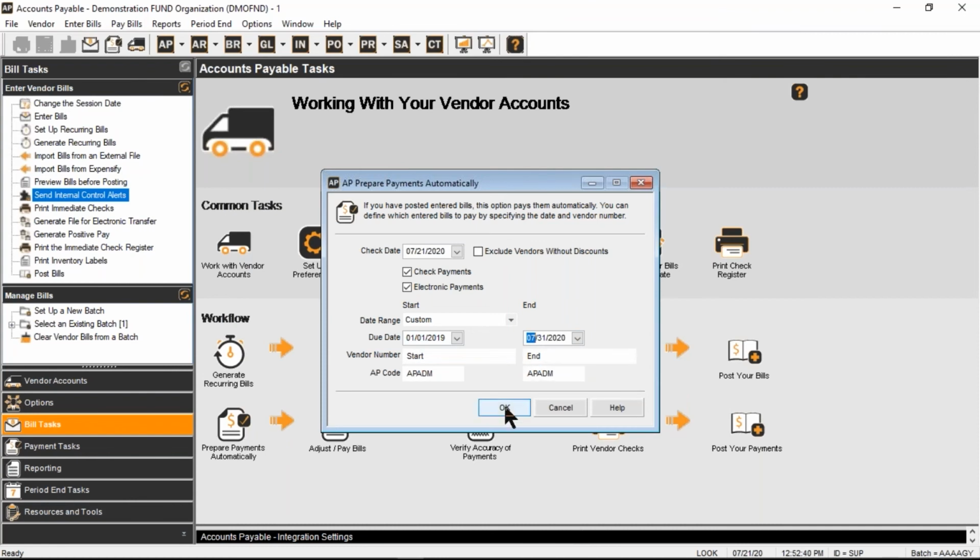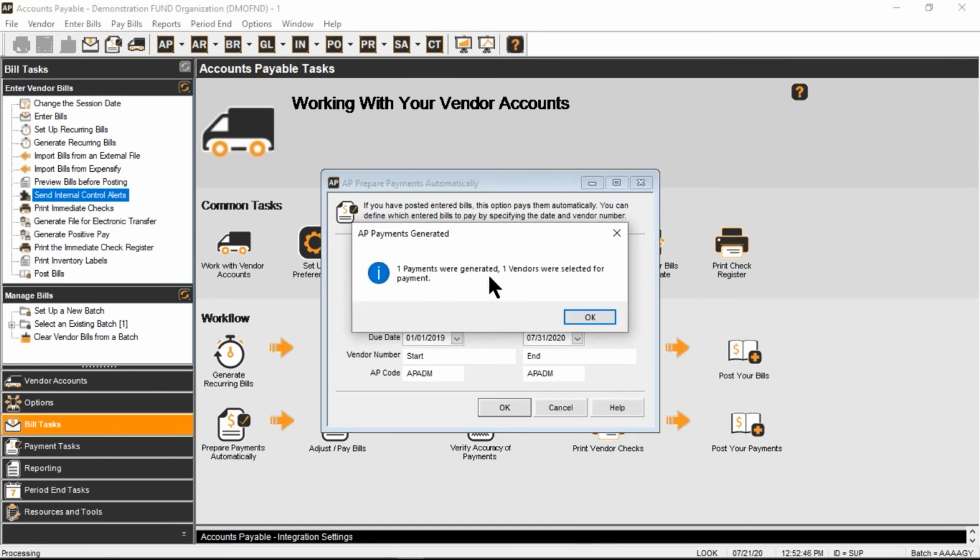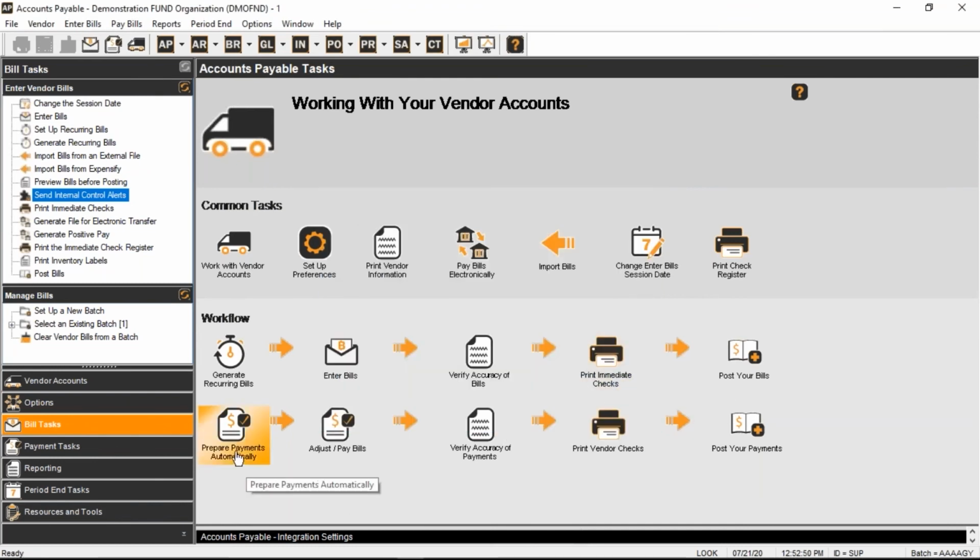And when you click OK, the system goes through all of the bills that you have posted that are not paid yet, and it generates payments for those bills. And there's only one that it generated. I guess there was only one bill I had posted. But the payment hasn't posted yet. The payment is just entered for you automatically, so you don't have to go here and manually enter it. And if you go to the next step,